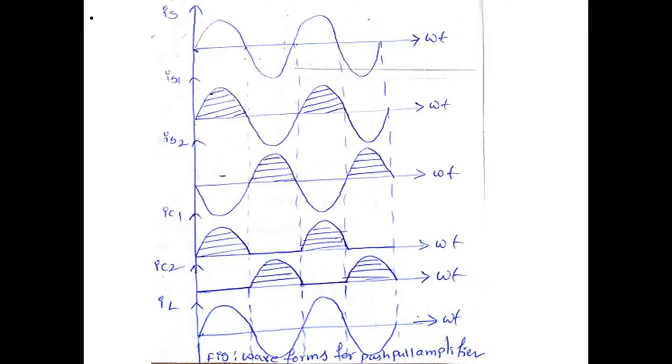These are the corresponding output waveforms we have. This is the source current and this is the base current. Whichever portion we are shading will be on, and the remaining portions are off. Transistor 1 is conducting for positive half cycles, and transistor 2 is conducting for negative half cycles. The negative half is quoted with a 180 degree phase shift here. This indicates the conduction, and this also indicates the conduction.